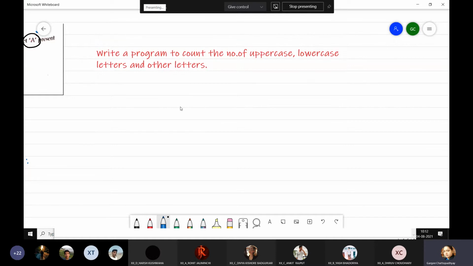How are we going to do that? So firstly, suppose I have opened the file and I have a file object whose name is fin. Now this fin file object is going to be used to count the number of letters. For uppercase, I'm taking U. For lowercase, I'm taking L. For other letters, I'm taking O, and I'm assigning 0 to all three of them. Alternatively, you can also write U equals L equals O equals 0. Either one of the two you can write.